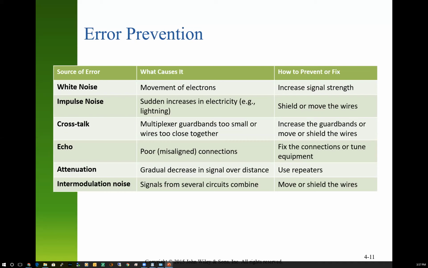Impulse noise in a real world environment would be like you're having a conversation and then you hear a loud crash in the background because somebody dropped something. It might interrupt your communication for a few seconds, but then you continue on. So we shield or move the wires. If you want impulse noise to be prevented from affecting your networking communication, you move indoors where it's quieter, or you move to a quieter place.